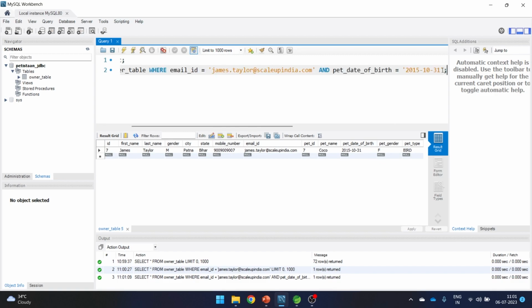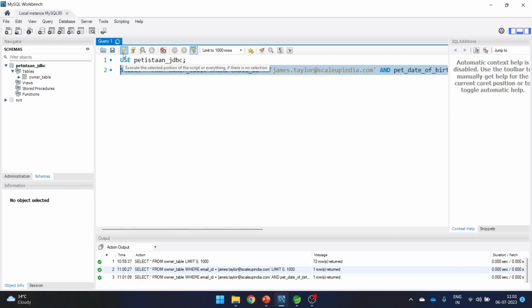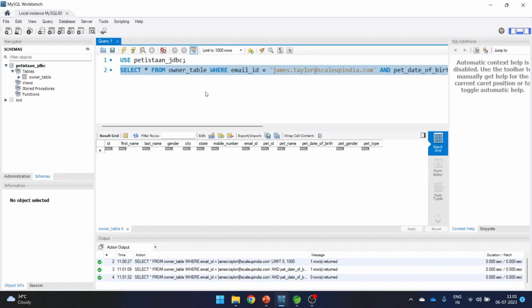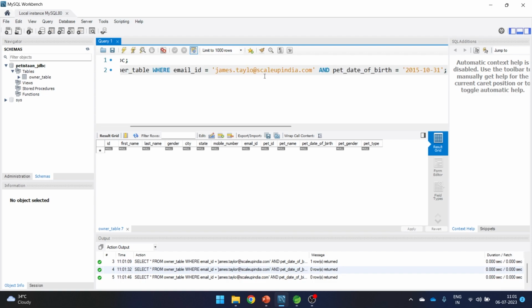Now if I make any kind of mistake, let's say I give a wrong date of birth, what do you think? Will I be getting the output or not? Let's execute. On providing a wrong date of birth, I won't get any kind of data. In the same way, let's make it correct again. If I make any mistake in the email ID, let's say I skip the R here, and then execute, then also I won't get any output. So that means it is for sure that only when both of these things are right and the combination exists will we get some kind of output.